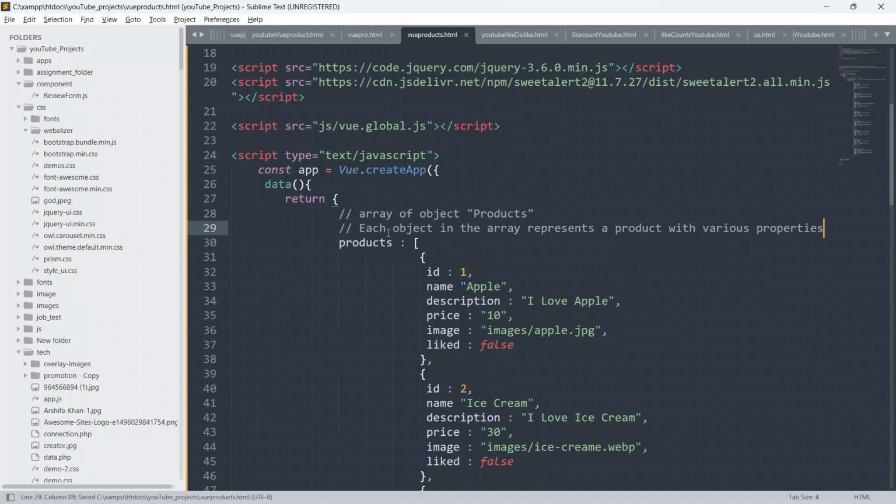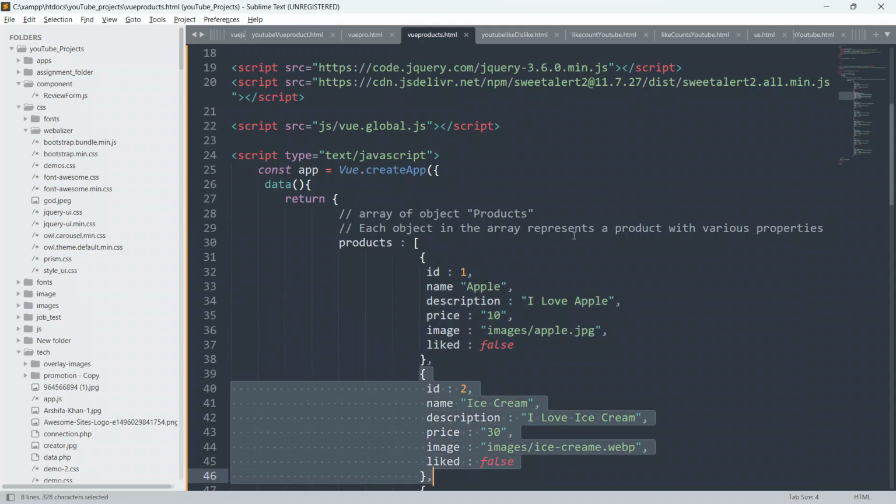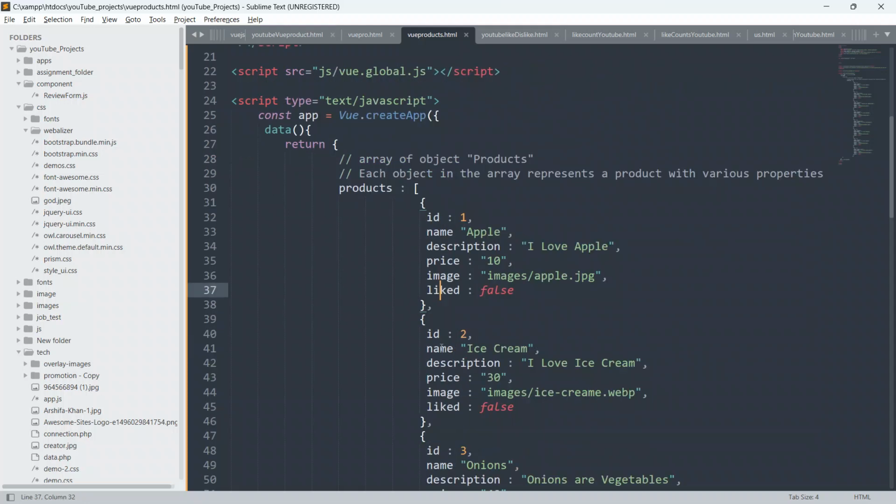So guys, this comment says here, each object like this, each object inside the array represents a product with various properties. So guys, ID is the property, name is the property, descriptions is the property, price is the property, image is the property, and liked is the property.